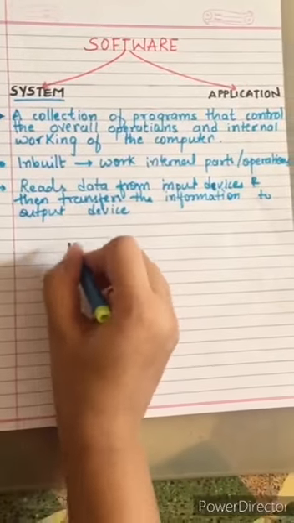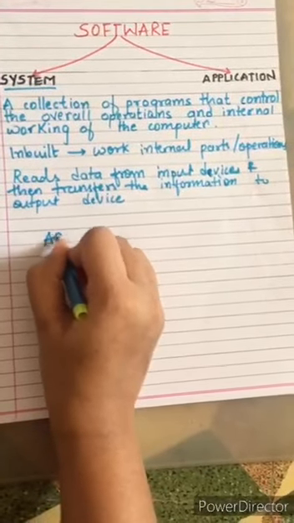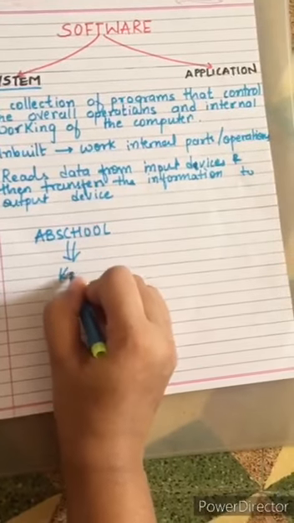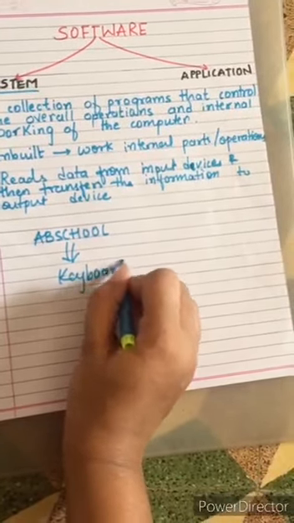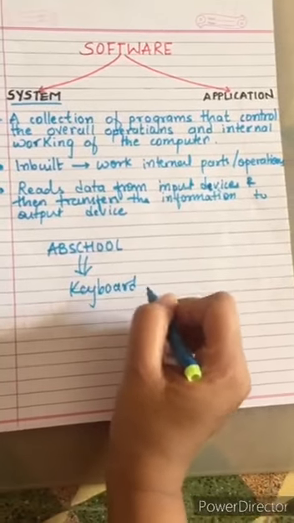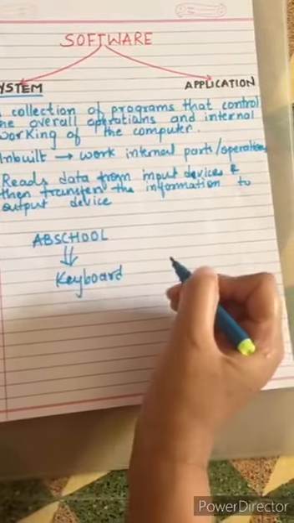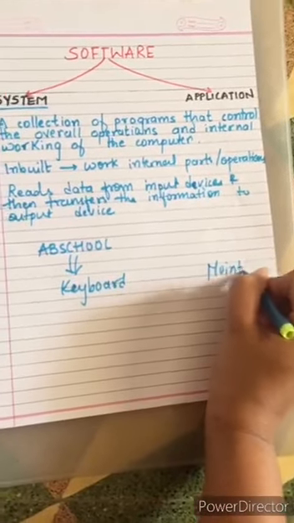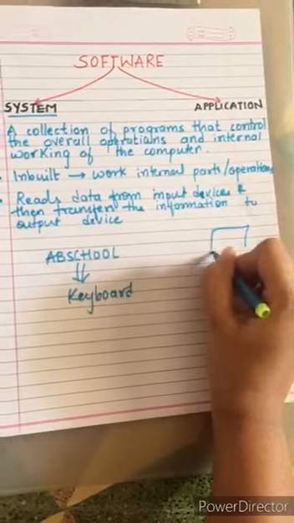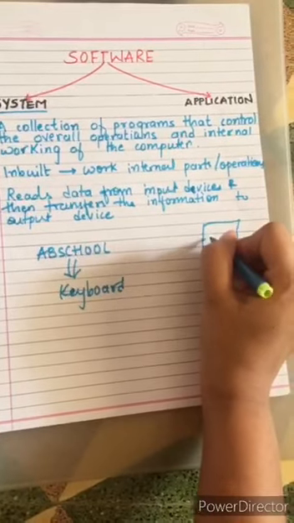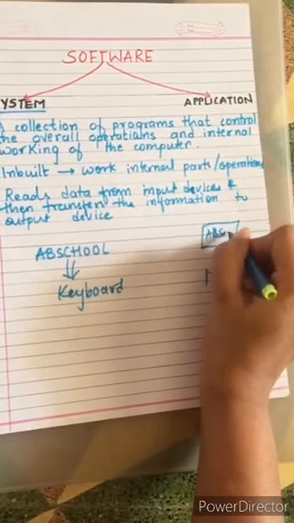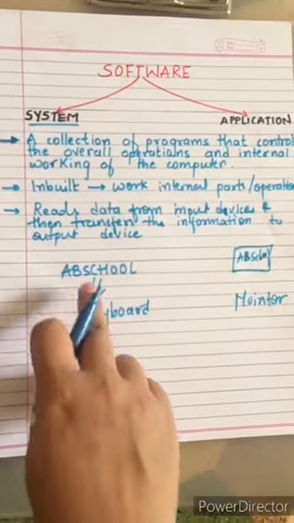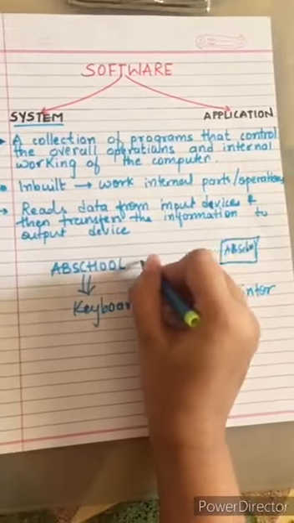Consider an example. You are typing AB school from the keyboard, so this keyboard is your input device. Now if you want to see that output, you will see it on the monitor, that is the screen. So when you want to see AB school on the screen, you will first type it from the keyboard, then this